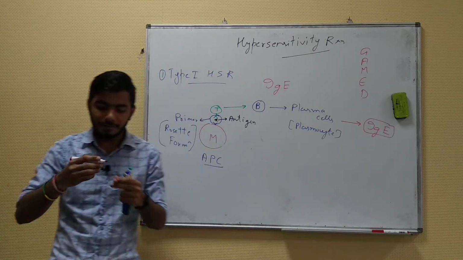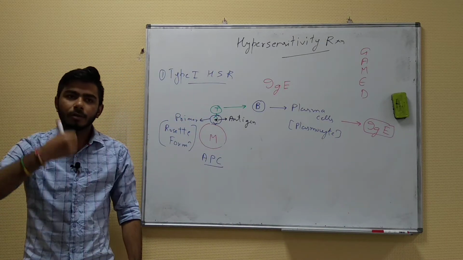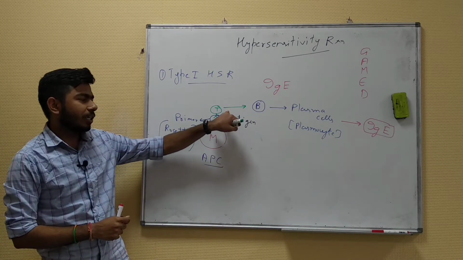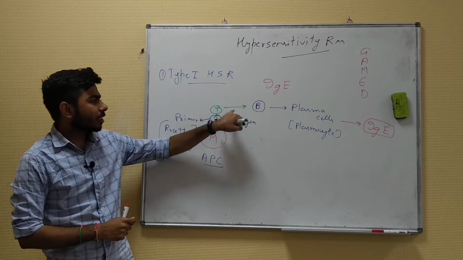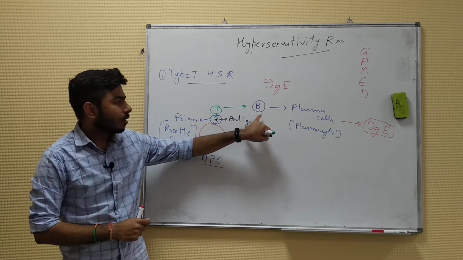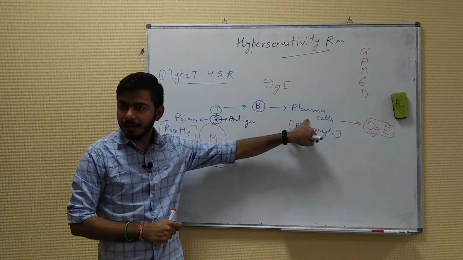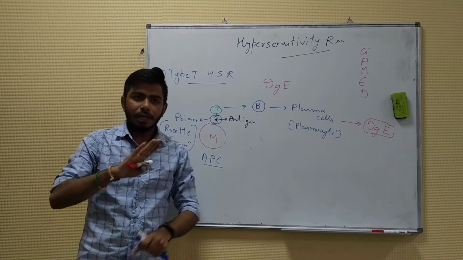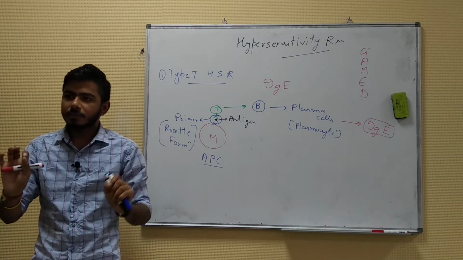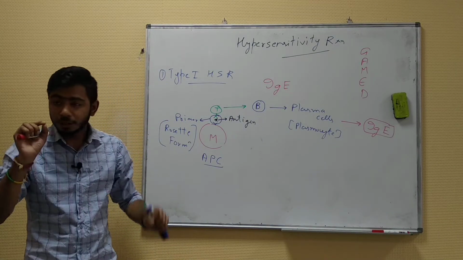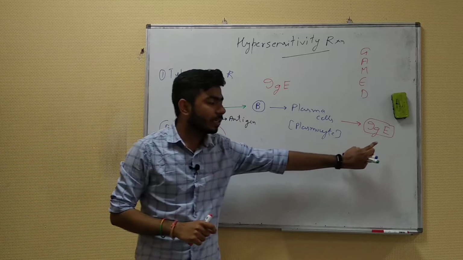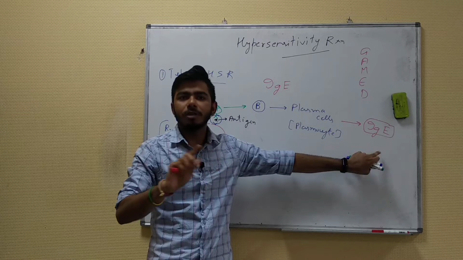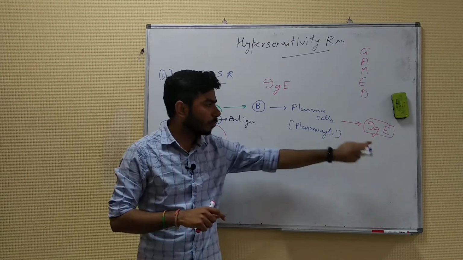So the first time when he went into the garden and inhaled the pollen grains with the air, what happened? Macrophages present the antigen to the T helper cells. Then T helper cells take the help of B cells. B cells activate plasma cells. Plasma cells produce immunoglobulin E. Till now everything is fine. No signs and symptoms have been seen. So what happened till now? Immunoglobulin E is there inside the blood of this person. Before, immunoglobulin E was not present. Now immunoglobulin E is there.